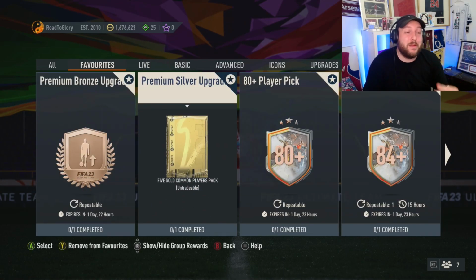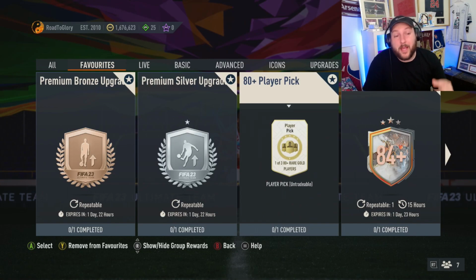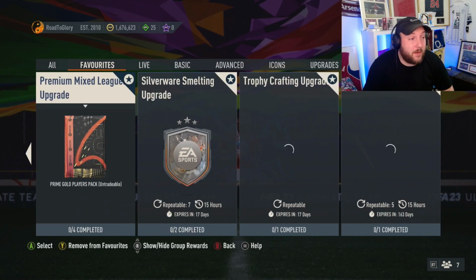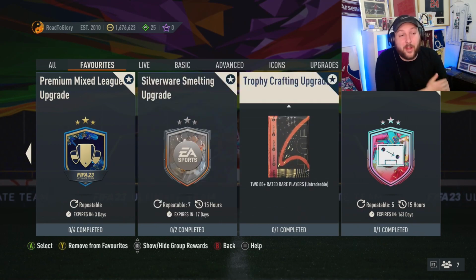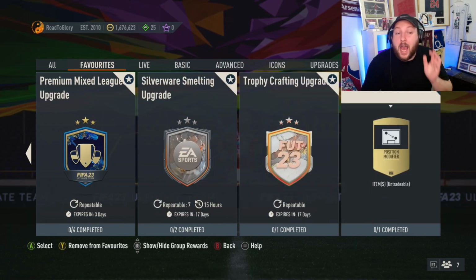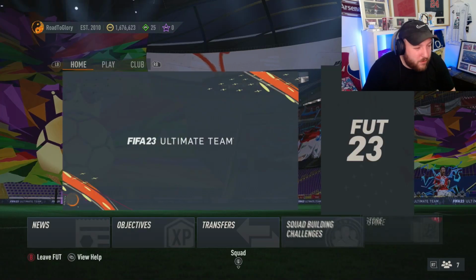The premium bronze, the premium silver, the 80 plus player pick, the 84 plus times 7 upgrade, as well as the premium mixed league SBC, the silverware smelting upgrade, and the trophy crafting upgrade, and the position modifier if you need it. Before we show you the SBCs, I want to show you just a couple things in terms of